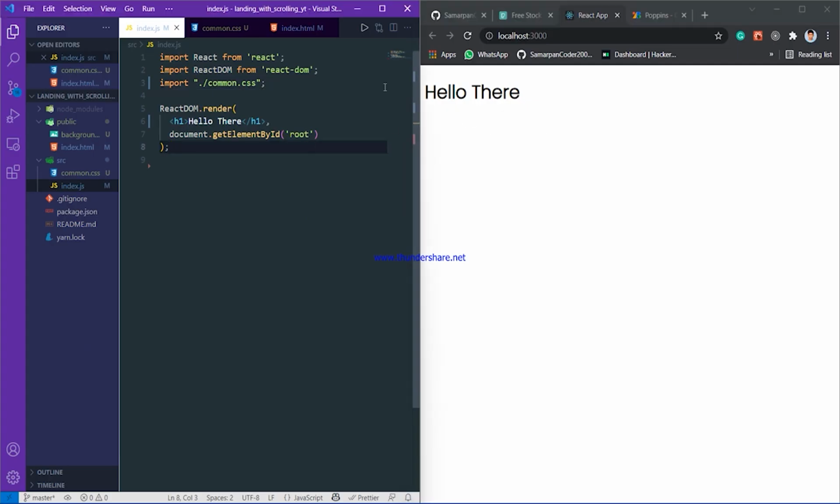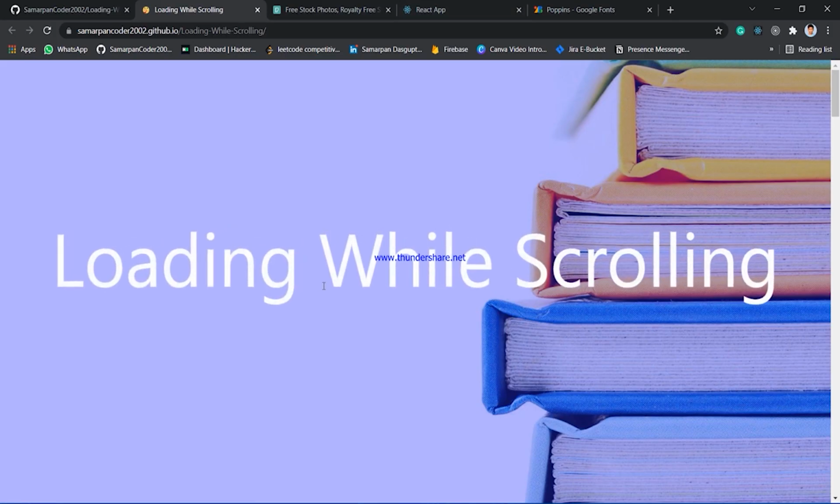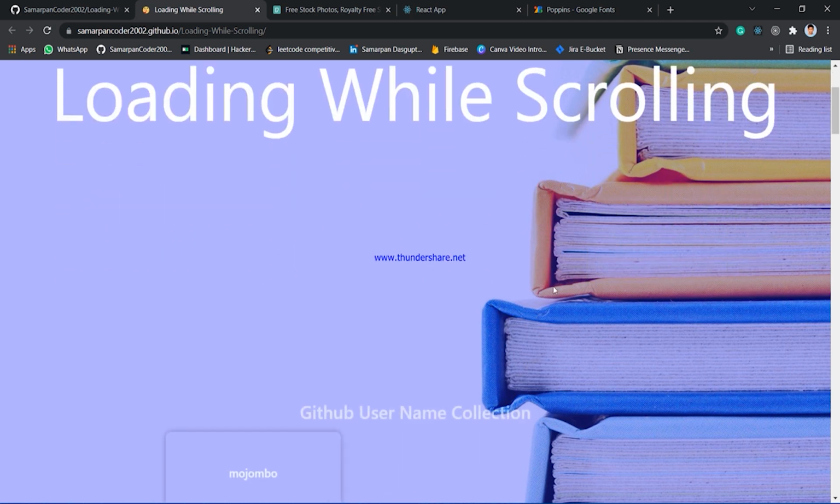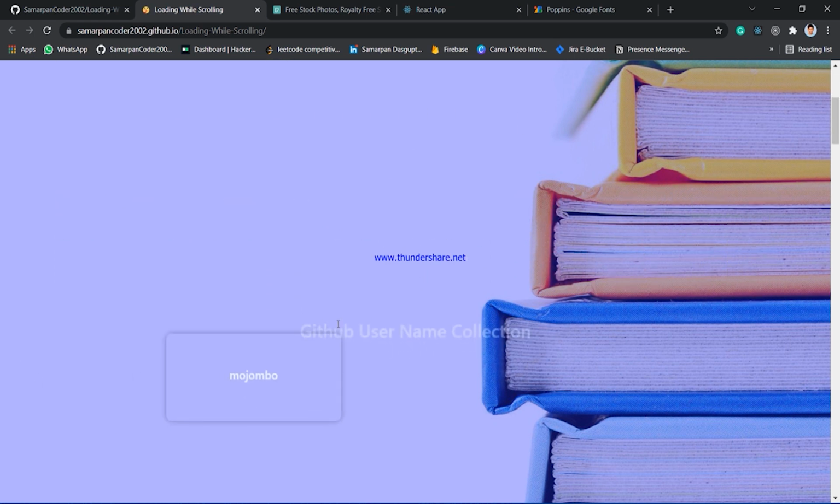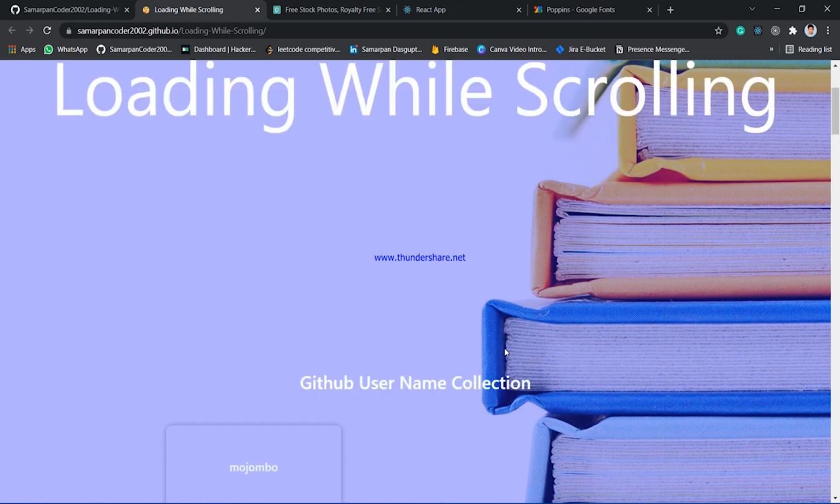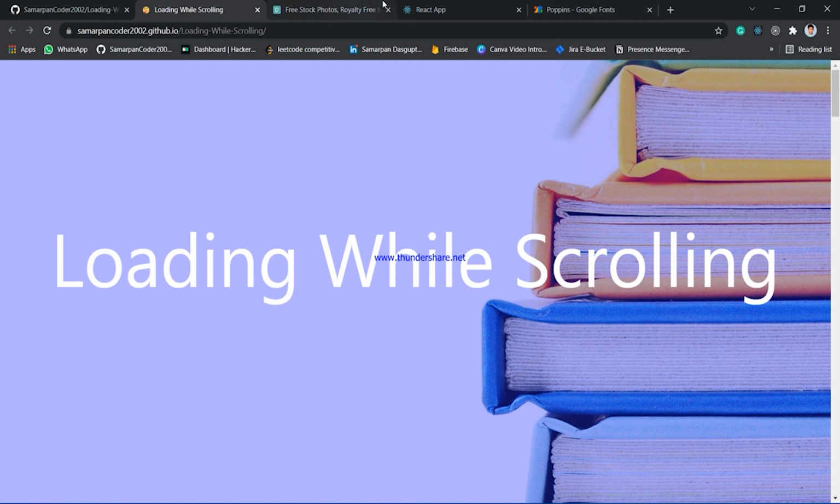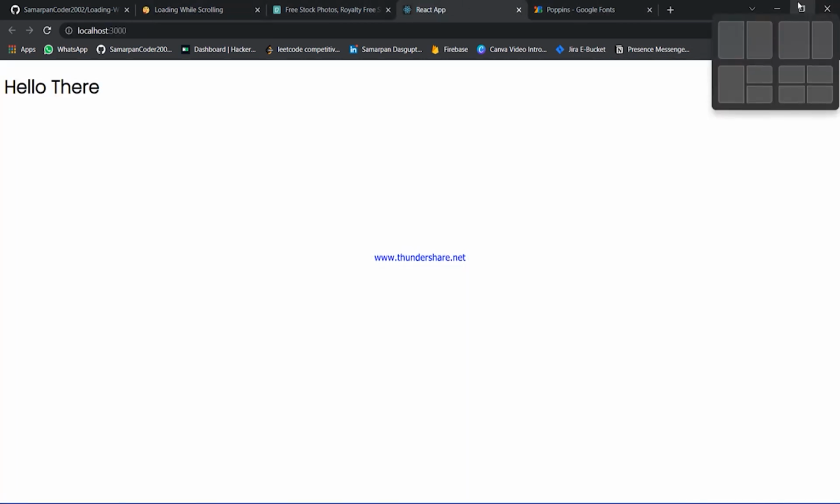Okay, so we can do one more thing. If you see that preview, you can see the loading while scrolling, and then if we scroll down, that portion appears, the GitHub username collection. The whole thing is in the upper side component, that's the GitHub username collection, and all the other names are under the lower component. Okay, so what we should do,